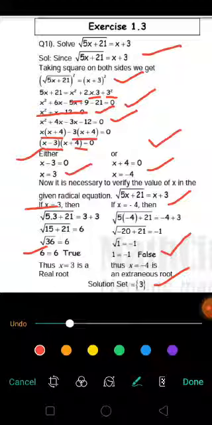So this was all about this question. All the rest of the questions follow the same process, as you have to make simple changes in order to make the equation easy for you. Okay, so let's check out another question.